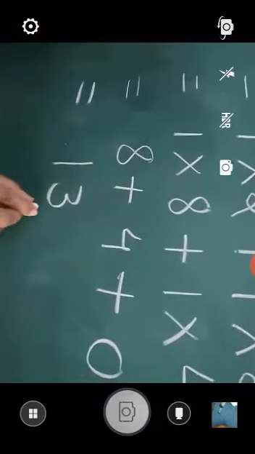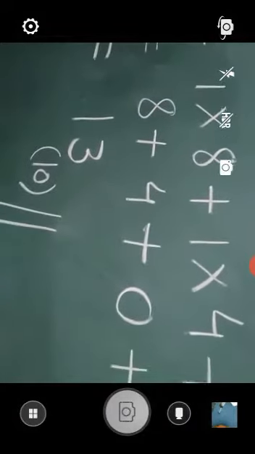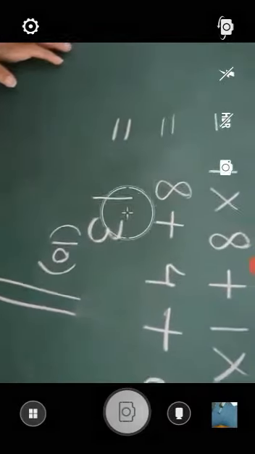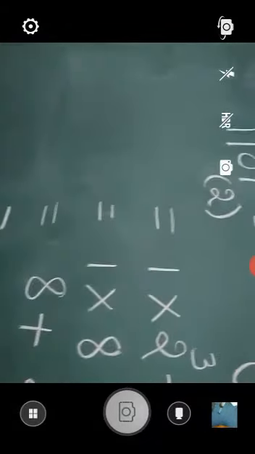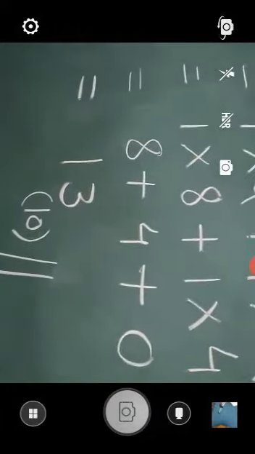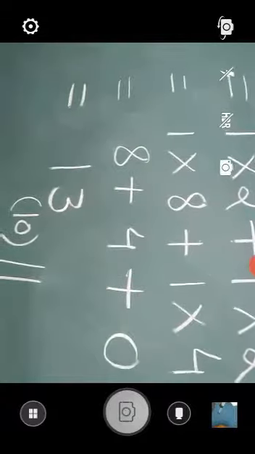That is 13 to the base 10. So students, in this way I have converted another number system, 1101 base 2, which is in the binary number system, into the decimal number system. So this is the method. In this way you can do it. Now let me take one more example.